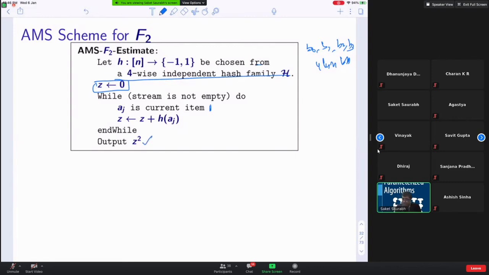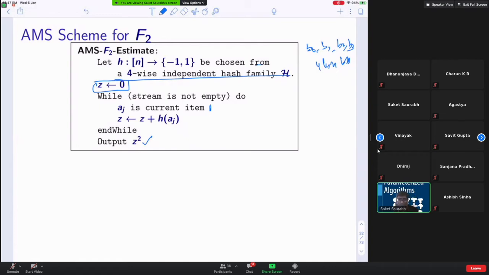So basically you're storing Z. You're adding either +1 or -1 when a new item arrives, because this hash maps elements to either -1 or 1. This is also called some kind of tug of war. And this is 4-wise independent random, so with probability half, each of these elements is assigned -1 or +1. On one side, you are trying to decrease the value; on the other side, someone else is trying to increase the value.